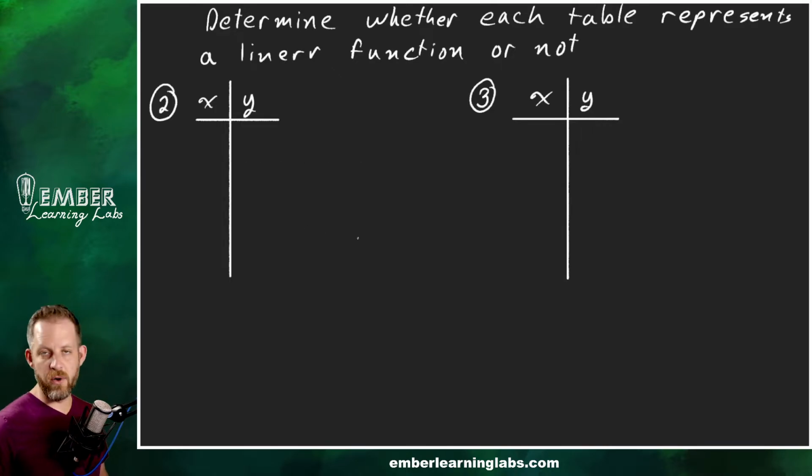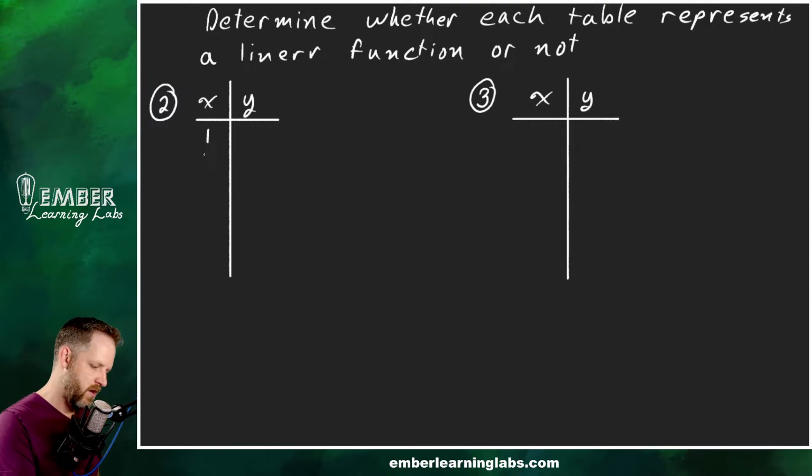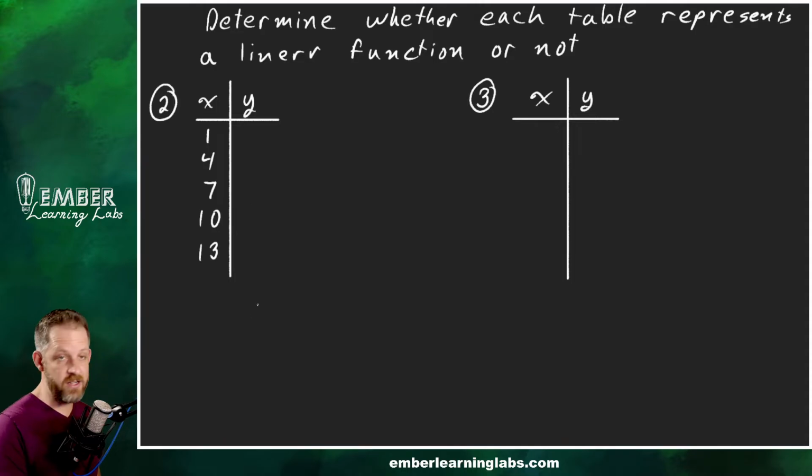Okay, so in this example, we're going to have the values 1, 4, 7, 10, and 13 for X. That's the domain of this guy. 1, 4, 7, 10, 13. The range of this guy is going to be -6, -8, -10, -12,